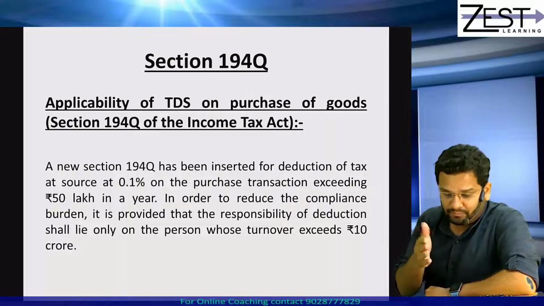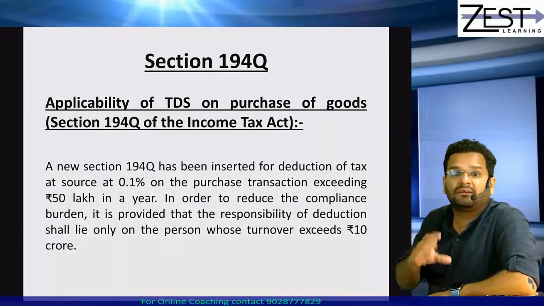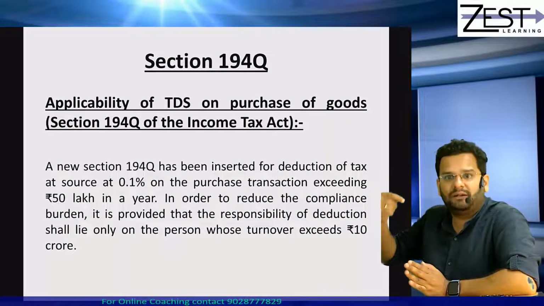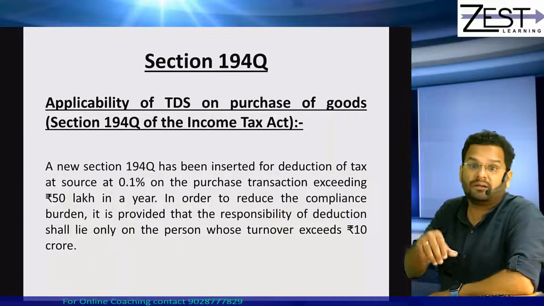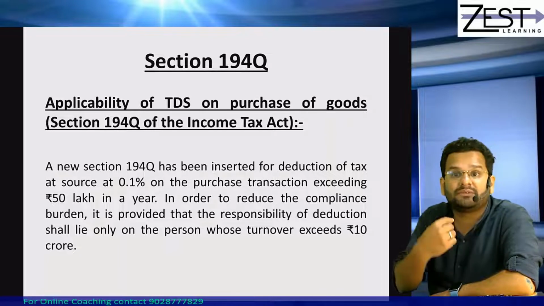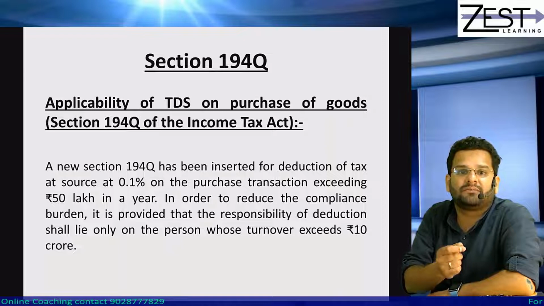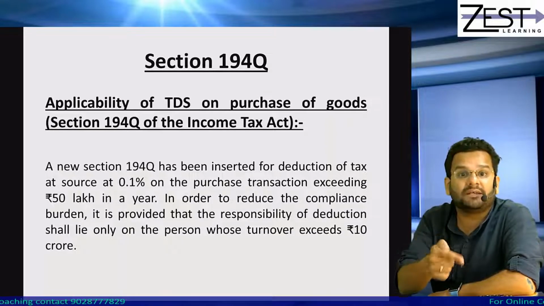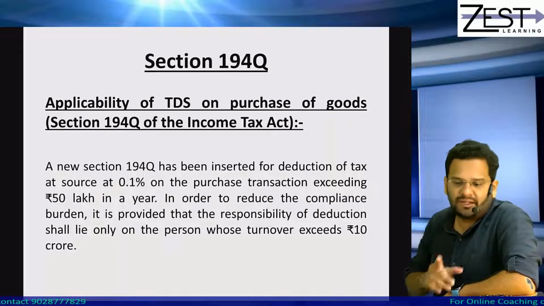मतलब in all other sections of TDS, you have seen that TDS provisions will apply from the first payment if the amount of threshold limit is exceeded. But in 194Q, it is not like that. If I am saying threshold limit is 50 lakh, what it means is TDS provisions will apply on payments exceeding 50 lakhs. In the later part of this session, we have covered an example on this.